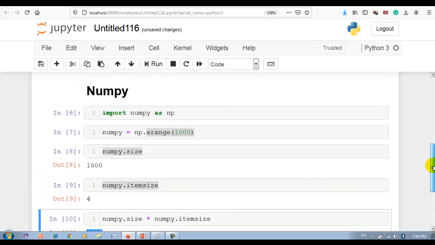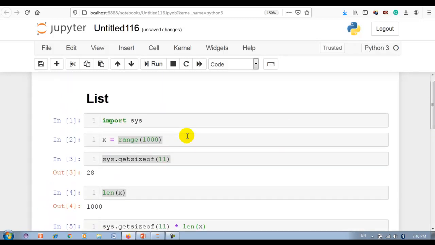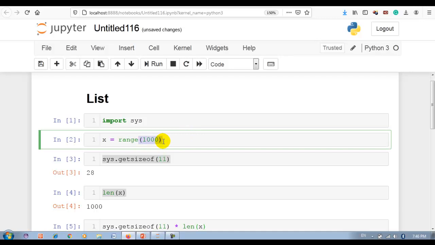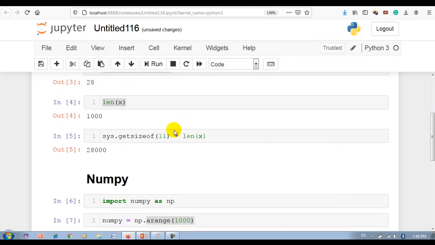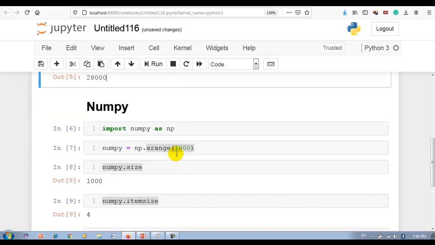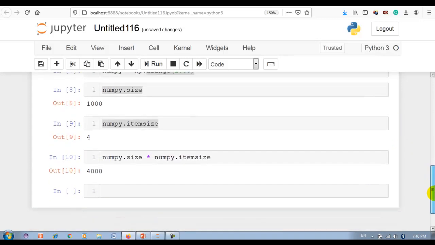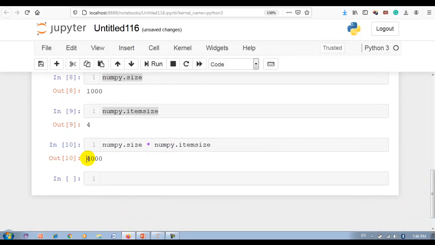So here you can see to store 1000 elements in Python list we required 28,000 bytes. But the same number of elements we can store with less memory, only 4000 bytes required if you are using NumPy.